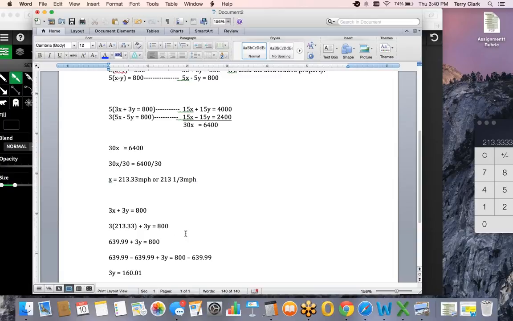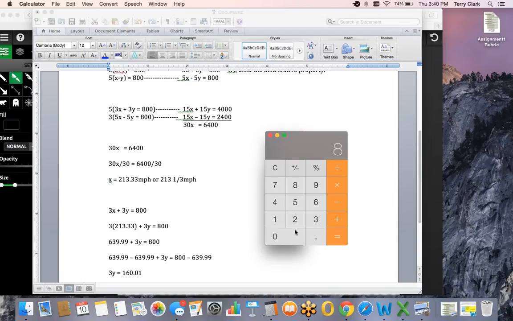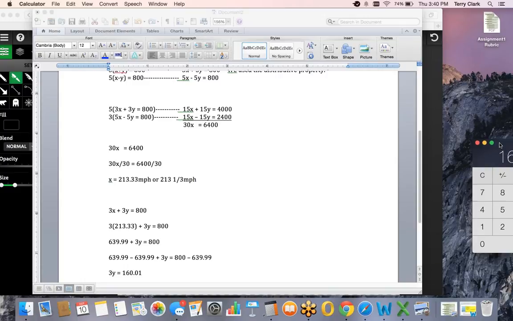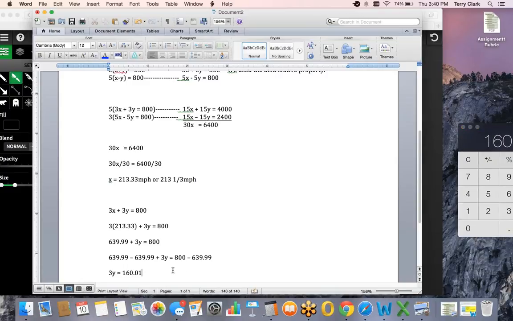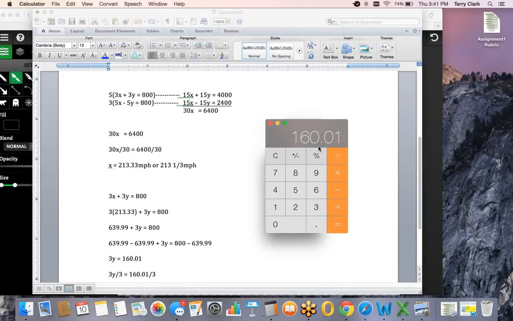Okay. I'm going to double check that just to make sure. I just did that in my head. 800 minus 639.99. My head's been a little foggy today, so yep. Okay, maybe I'm getting back on track. Now the last step is we have to divide both sides by 3 to get rid of the 3. So we're going to divide this by 3, and then divide the other side by 3 too. 160.01 divided by 3. And that's going to give us,